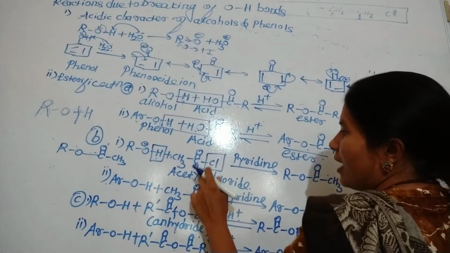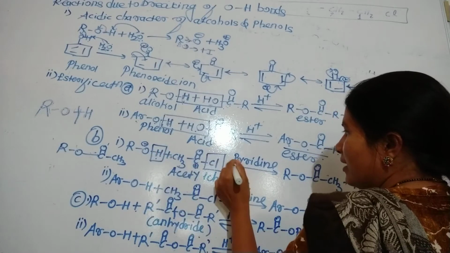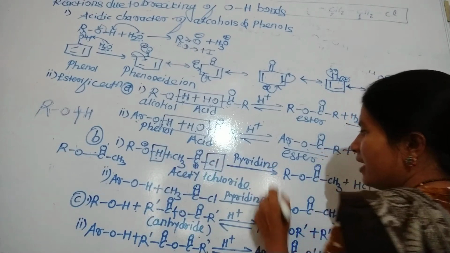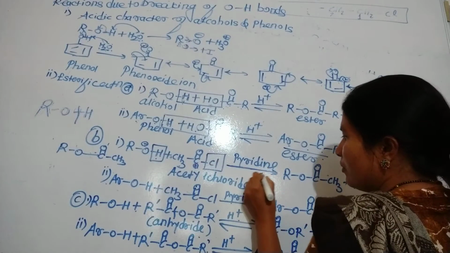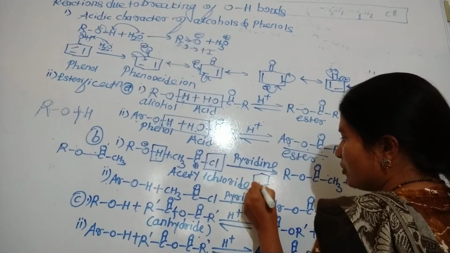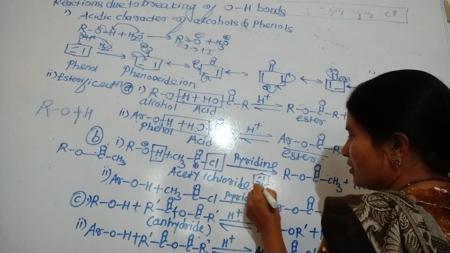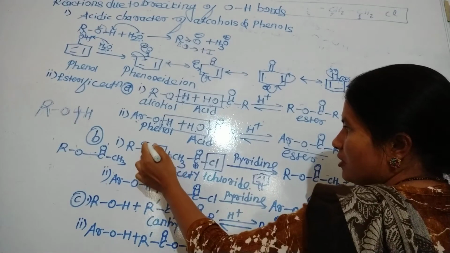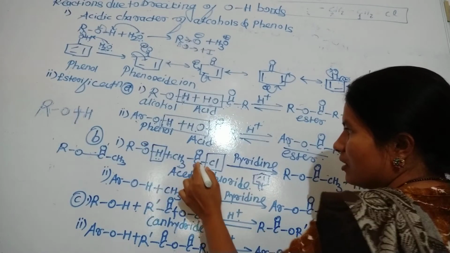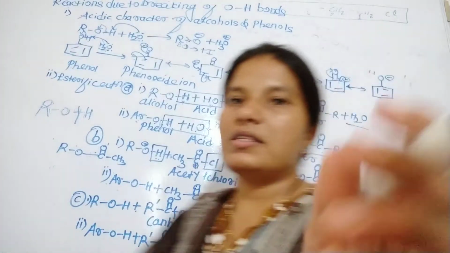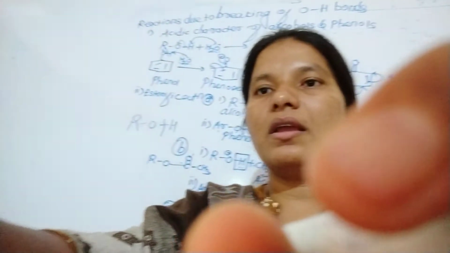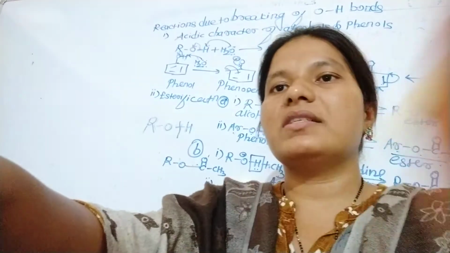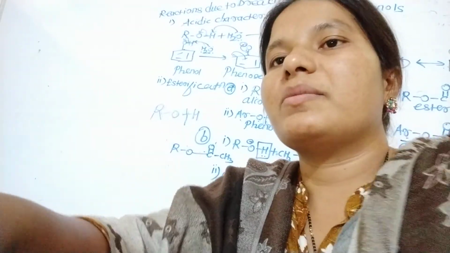When you use acetyl chloride with alcohol, at that time you use a base, pyridine. What is pyridine? You know that pyridine can take hydrogen from the alcohol. First of all, pyridine takes hydrogen from the alcohol. This O negative charge can attack on the C double bond O Cl. You can see the mechanism here. What mechanism takes place here?